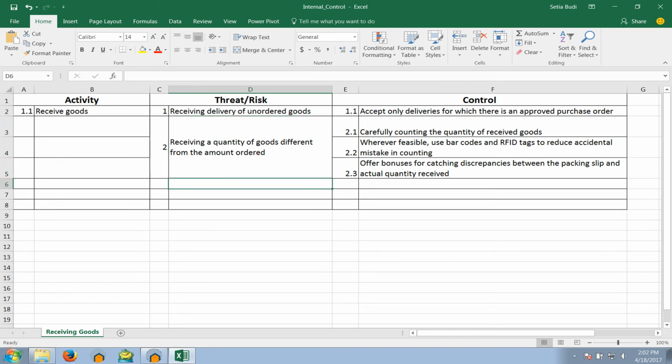So let's move to the third thread. The possible third thread is receiving damaged goods. So we are receiving an item which is actually damaged or broken. So we will code this one as 3. And then one possible control to be applied is random sampling for goods quality assessment. So we will apply random sampling,